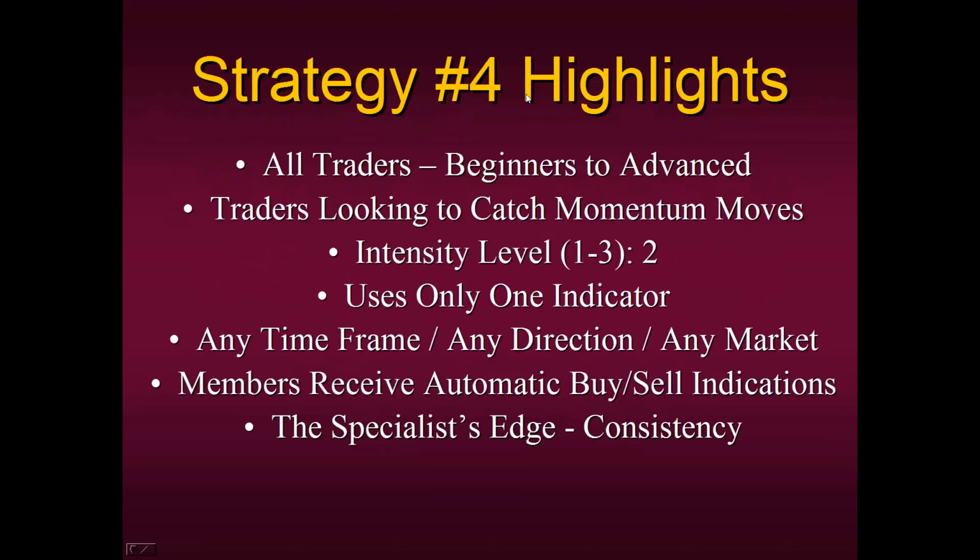Some of the highlights, once again, is that it's for virtually all traders. It doesn't matter if you're just starting trading or if you've been trading for years. Everyone gets the same basic format. It's for traders looking to catch momentum, and it does that very well. It's a very moderate intensity level, right in the middle, a 2. It only uses one indicator. That's how simple it is. And it can be applied to virtually any time frame, any direction, and any market,